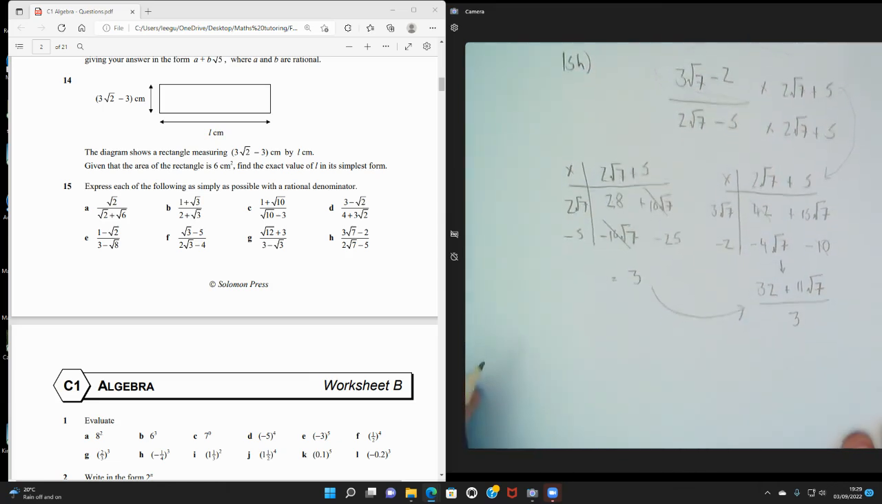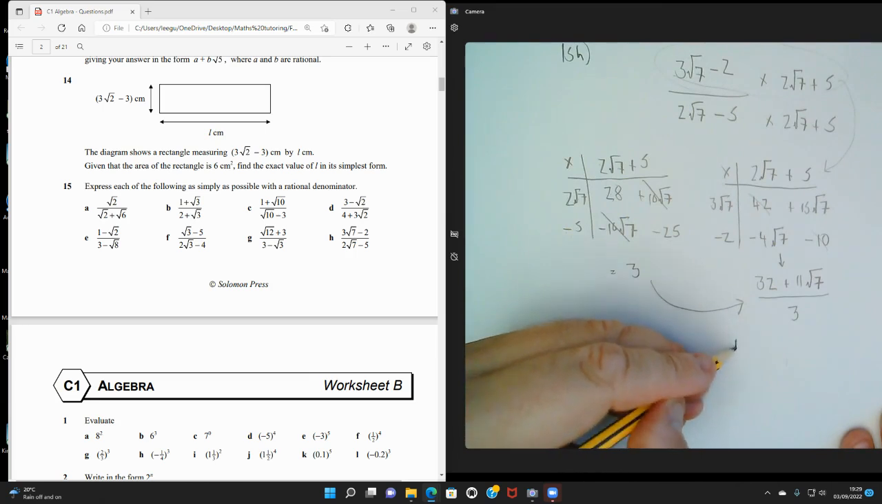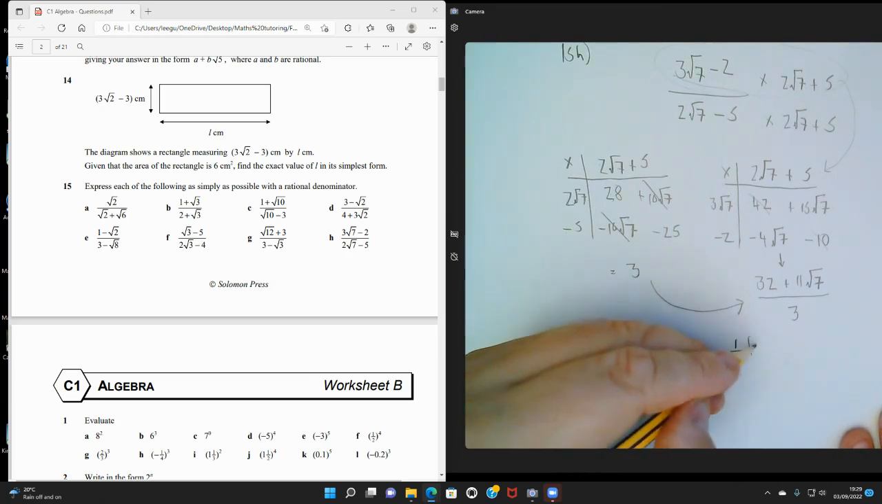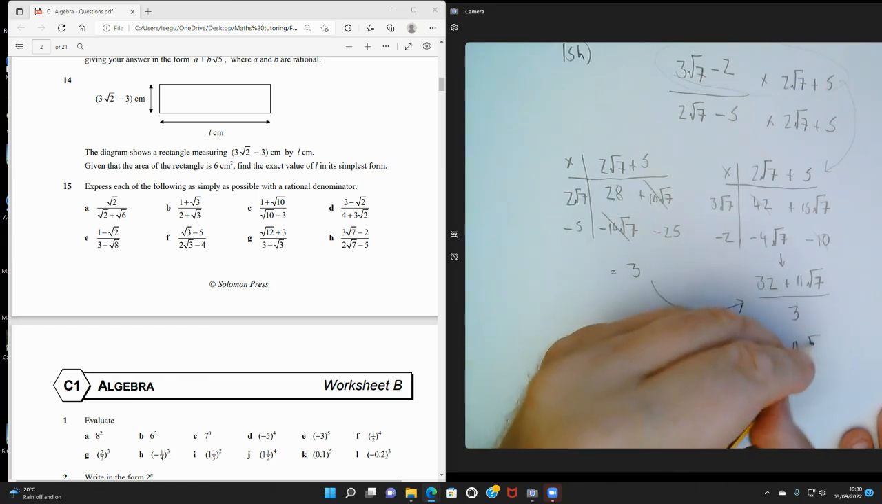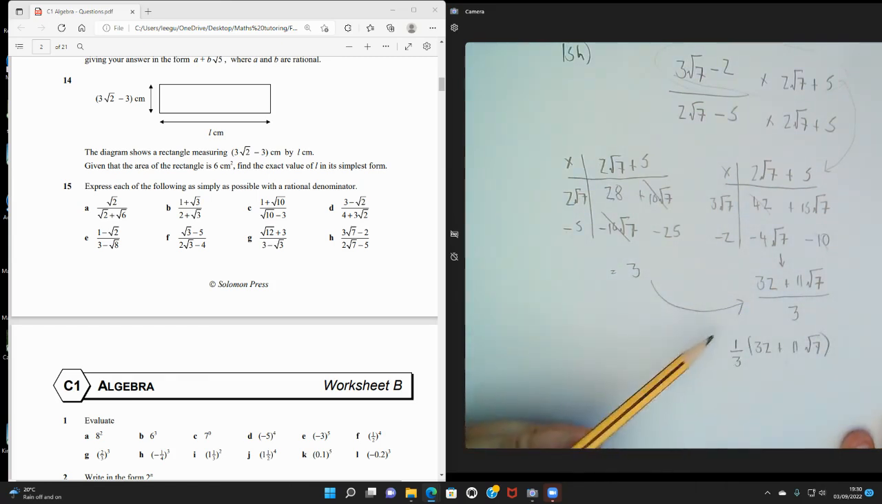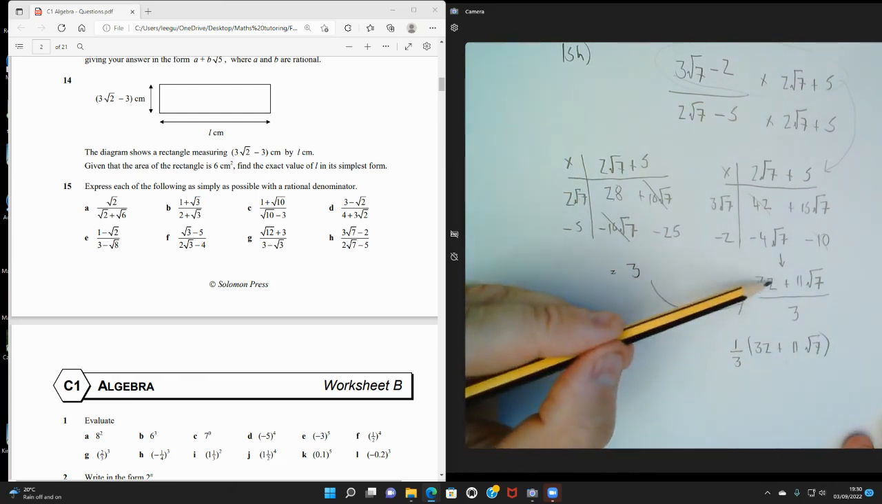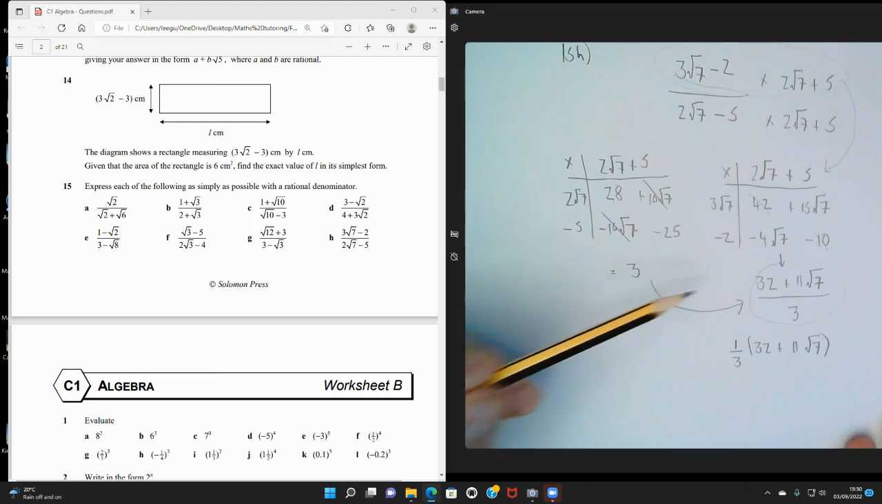You might sometimes see it written slightly differently. For example, it could be written like this. And this is just a different way of writing the same thing. So I could write that as 1/3 times that. This has the same meaning as this expression here. Okay, well, that's looking at rationalizing the denominator